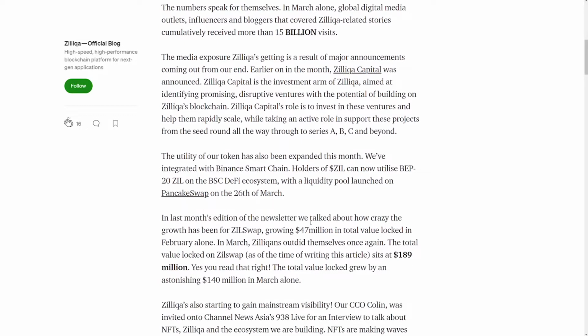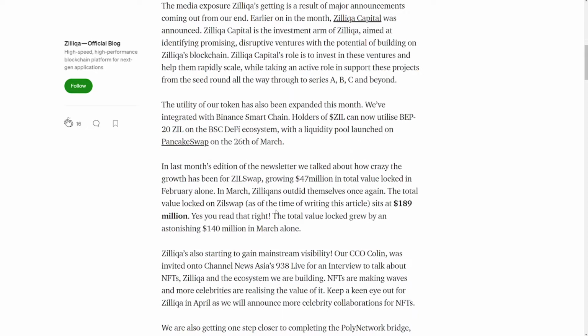And also pretty big update, they've been integrated with the Binance Smart Chain, so holders of ZIL token can now utilize BEP20 ZIL on the Binance Smart Chain DeFi ecosystem, with also a liquidity pool launched on PancakeSwap at the end of March. And also comparing to the last month where Zilliqa grew immensely in the total value locked in February of over 47 million US dollars, last month in March it actually grew even more, and a couple of weeks ago at the time of writing of this article it's been sitting at just under 190 million US dollars, so quite a huge growth in Zilliqa,